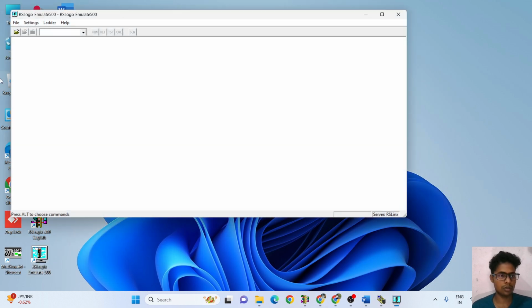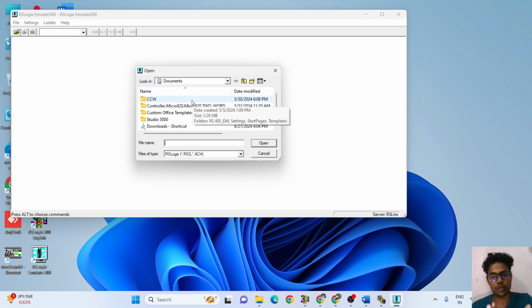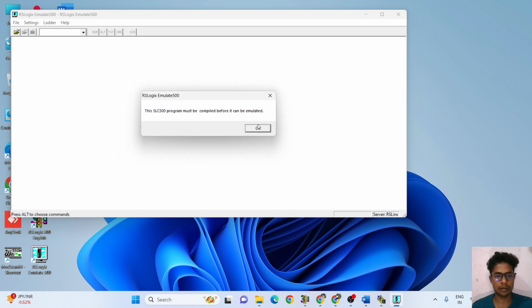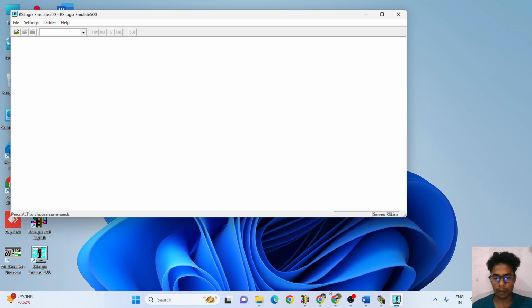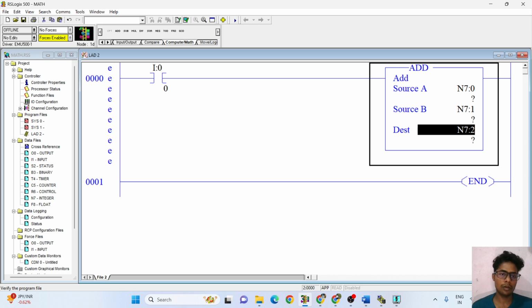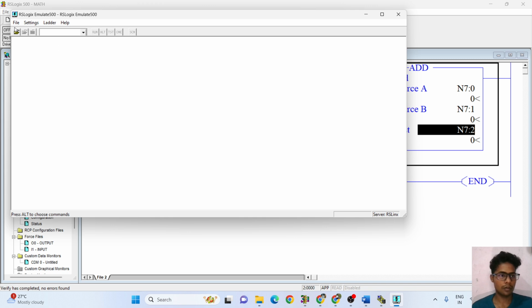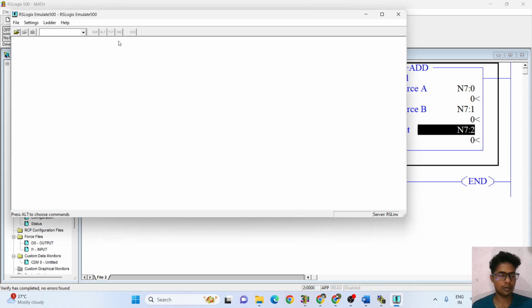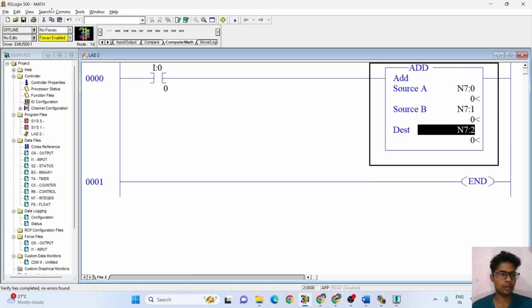Then you have to close it, and then minimize it and go to RSLogix Simulate, and here you have to select your file, the file which is named math. Here the math instruction will be open. Then you have to open this. Okay, before compiling the program, it will be open. Okay, I have to compile the program. Okay, here I have to go and choose math. Open. It will apparently not be working.